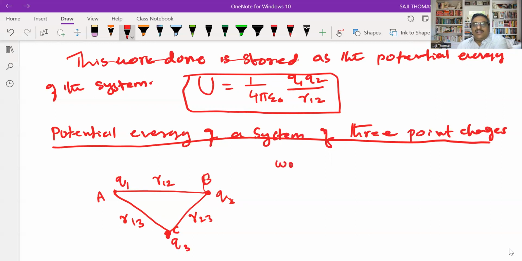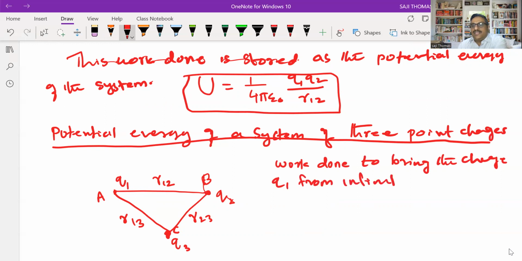First, work done to bring the charge Q1 from infinity to the point A is 0, because initially there were no other charges. Now you are bringing work done